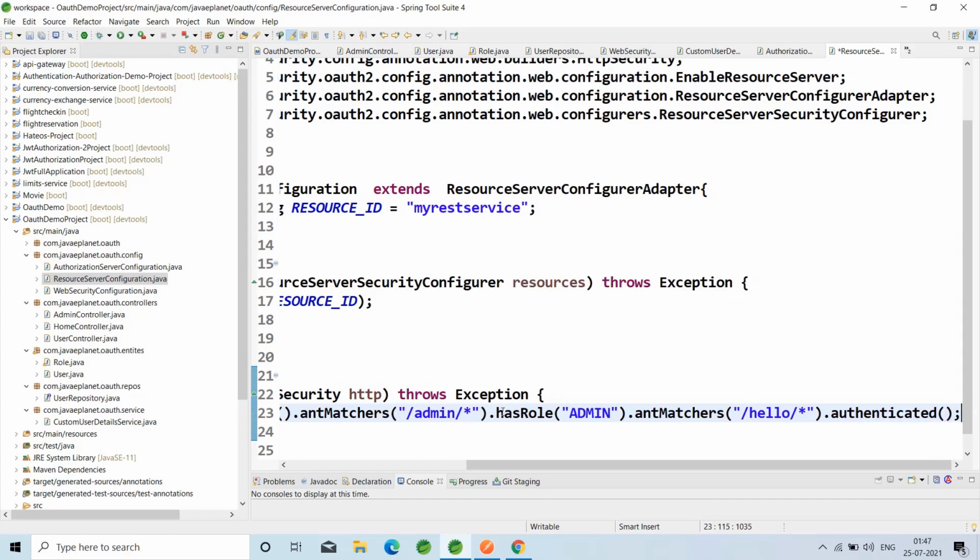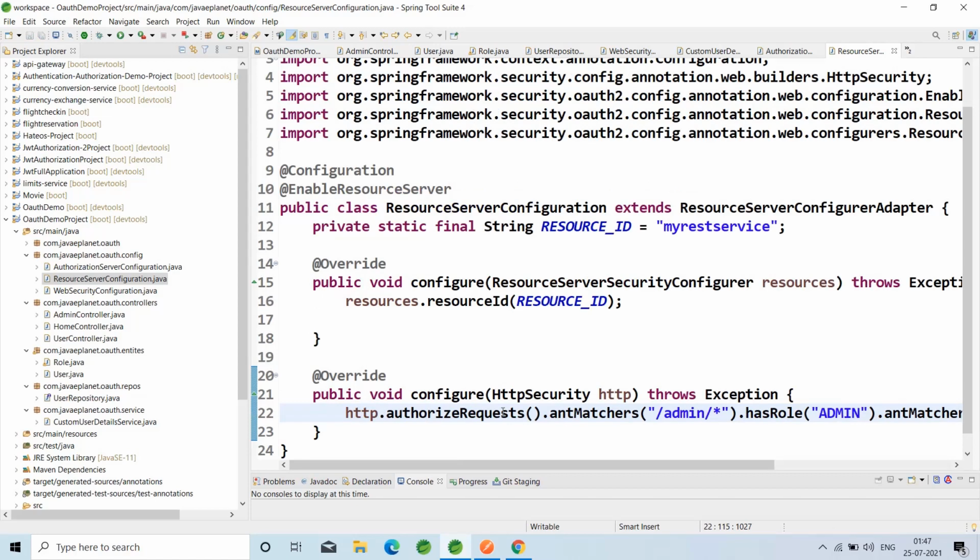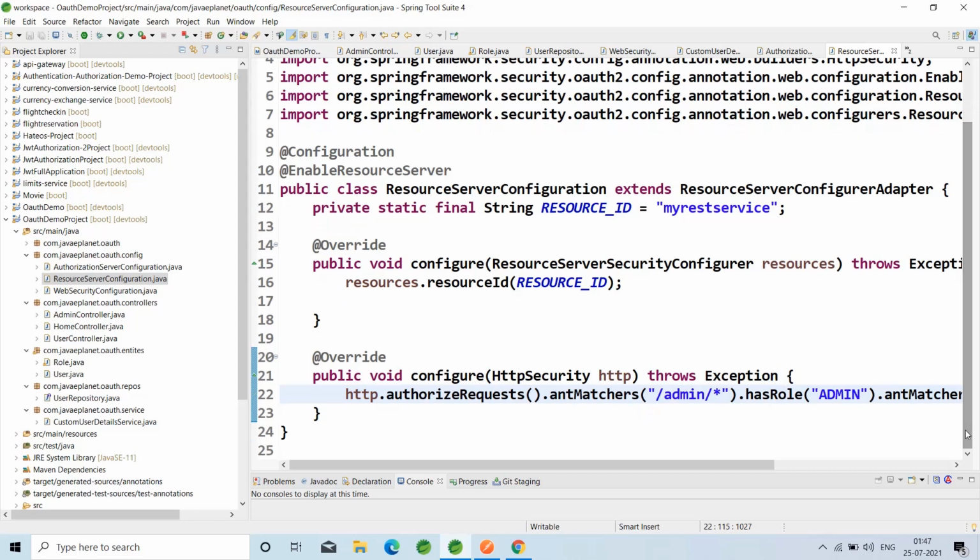Control shift F to format and control S to save. We are done with mapping the roles to the URLs. We have set everything. After this, everything is done.